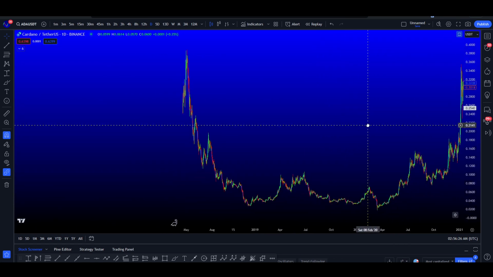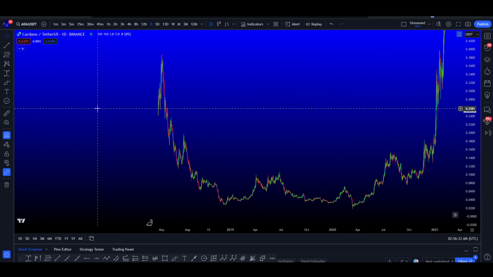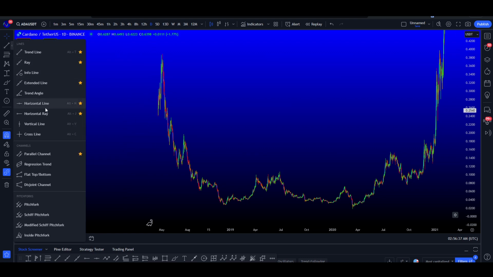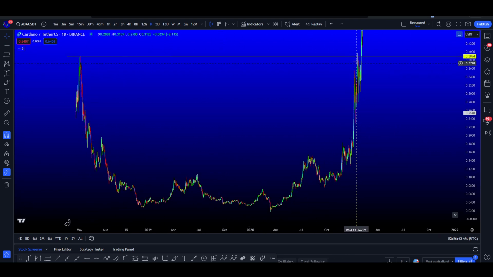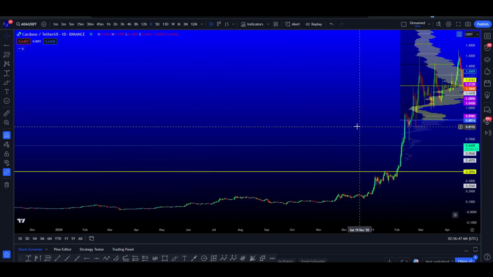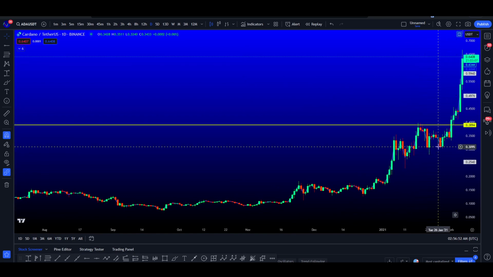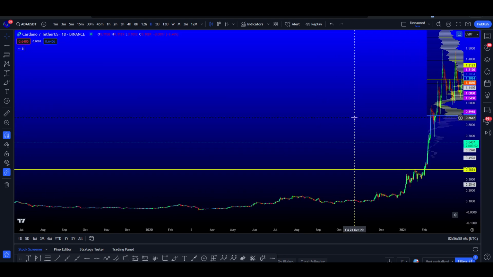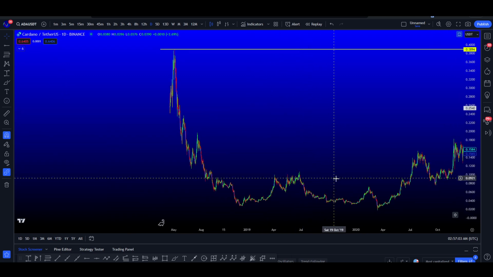What do we see here? Now, we didn't get the handle, but a massive cup, right? I guess you could technically say this was almost like a handle pattern right here, right at the end. Came up, tapped the same level, did a little handle before impulsing higher, backtesting, and then going to new all-time highs, right? So call me crazy, but I'm sure back in the day